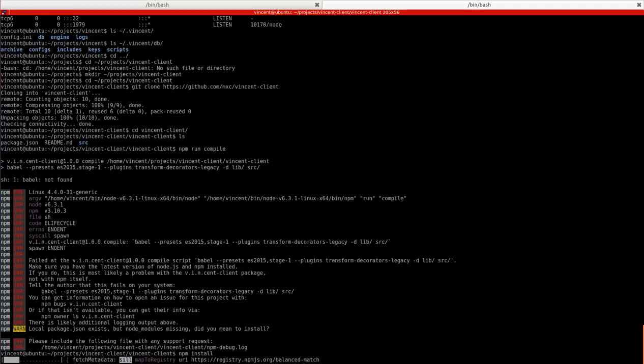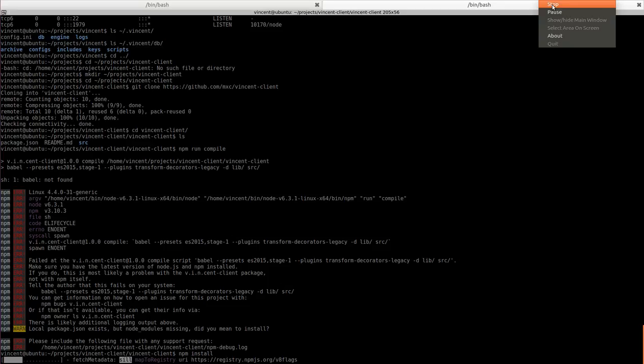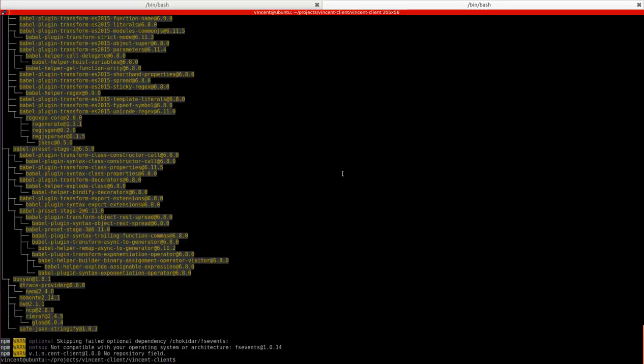So I'll put this on pause while we're waiting for that to complete, and then come back once it's finished being installed. Okay, so here we are, everything installed fine. We didn't have any problems this time, mainly because we probably installed the dependencies last time we did the server install,